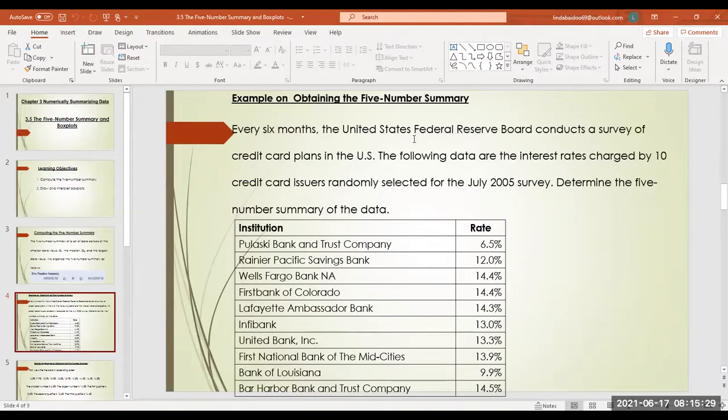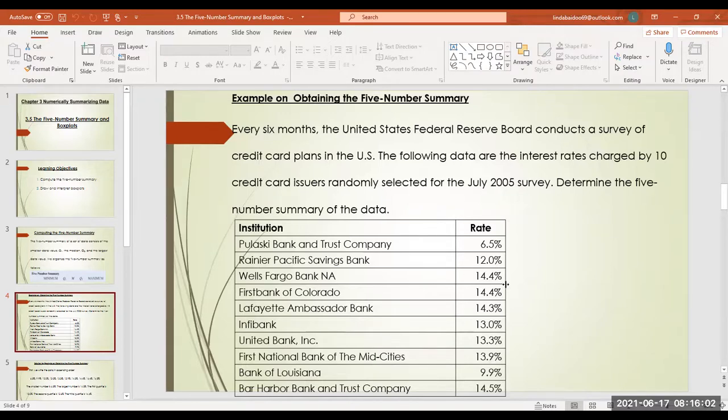Every 6 months, the United States Federal Reserve Board conducts a survey of credit card plans in the US. The following data are the interest rates charged by 10 credit card issuers randomly selected for the July 2005 survey. Determine the 5-number summary of the data. Since we know what is meant by the 5-number summary, obviously we'll be looking for Q1, Q2, Q3. Our very first step is to arrange these from smallest to highest